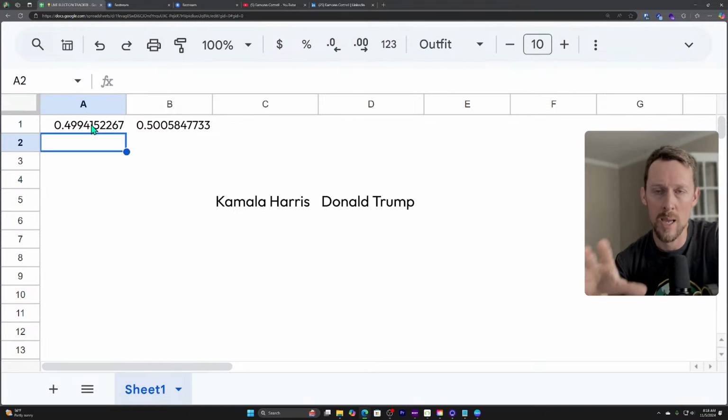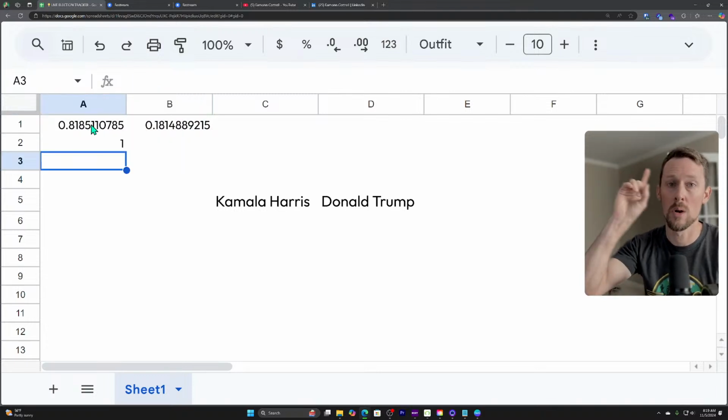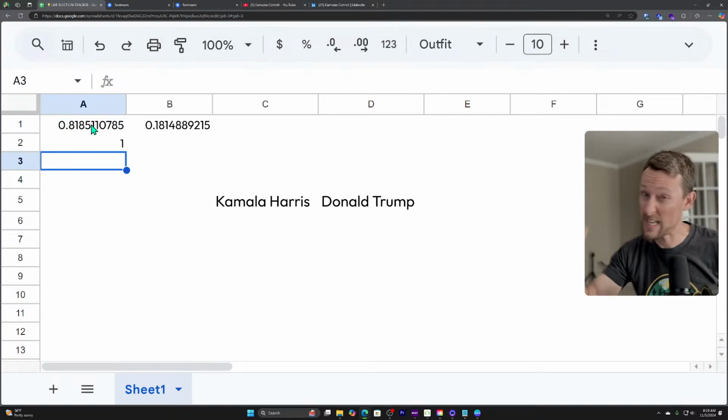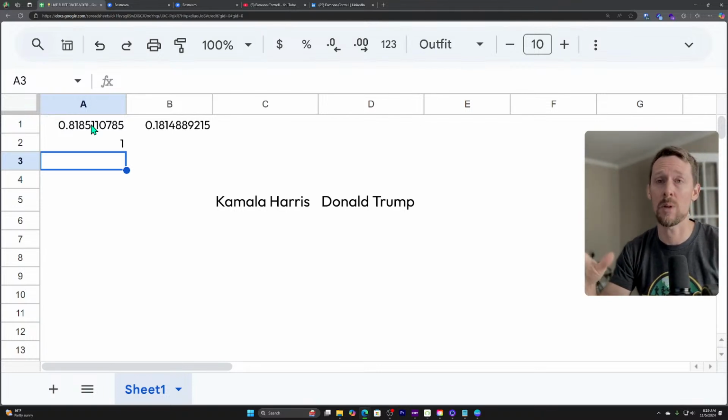If you can wrap your head around this, what we have is two pieces of data that add up to one, which means that whatever amount of votes, these are percentages, people. So if you're getting lost, just hang with me. It'll make sense when I put the little chart down here, which will make it a lot easier.